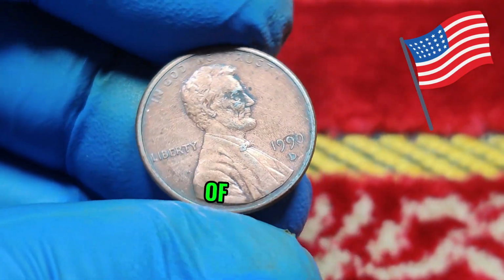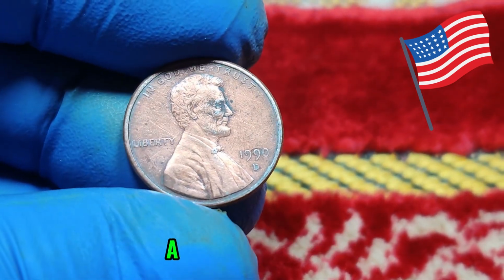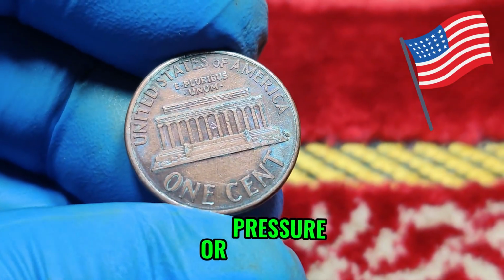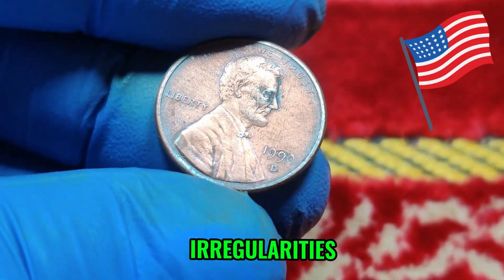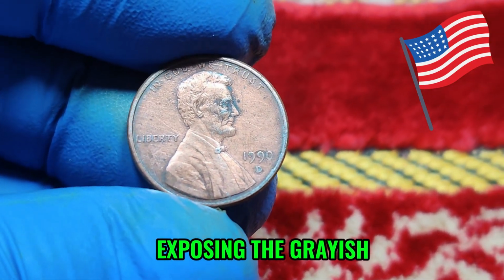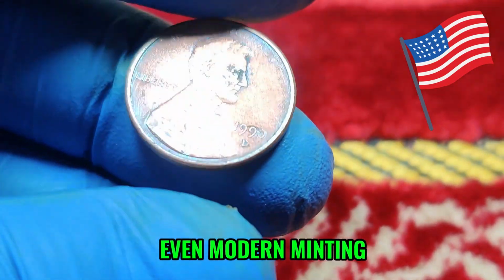The material composition of the penny itself also contributes to possible variations. By 1990, Lincoln cents were primarily copper-plated zinc, a combination that presented new challenges for minting. The thin copper coating could sometimes blister, bubble, or separate due to heat or pressure inconsistencies during the striking process. This led to coins with surface irregularities, sometimes called bubbles or lamination errors. In extreme cases, parts of the copper layer flaked away, exposing the grayish zinc core beneath. These errors, while technically defects, are incredibly interesting to collectors because they demonstrate how even modern minting technology isn't immune